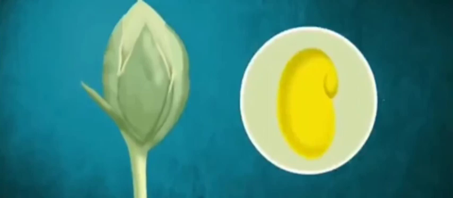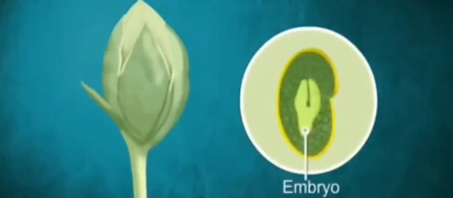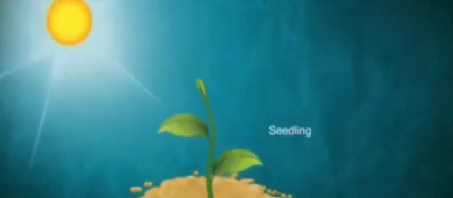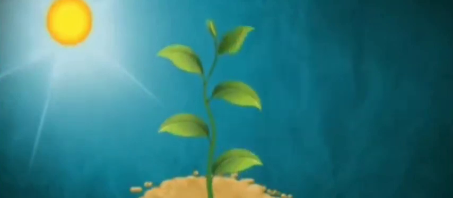The fruit contains seeds in which the embryo, the baby plant, is enclosed. This seed is planted into the soil, watered, and grows into a new baby plant, new seedlings, and finally